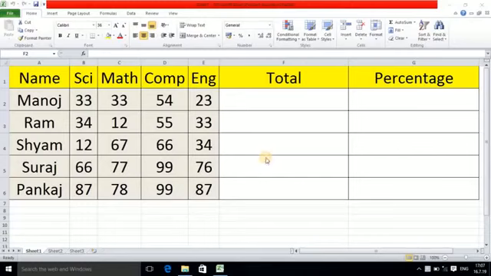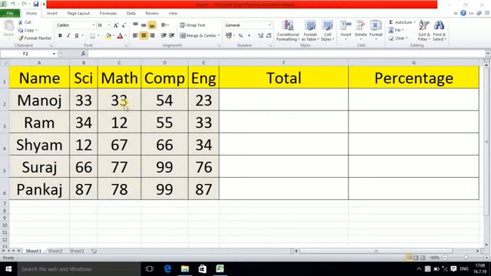Hello guys, in today's tutorial we will see how you can calculate the total and percentage in an Excel sheet. Suppose you are filling in the subject information, and suppose you have 4 subjects, 5 subjects, or 10, it doesn't matter. Once you know the formula for total and percentage, the number of subjects and their total marks and what marks they got exactly doesn't matter.